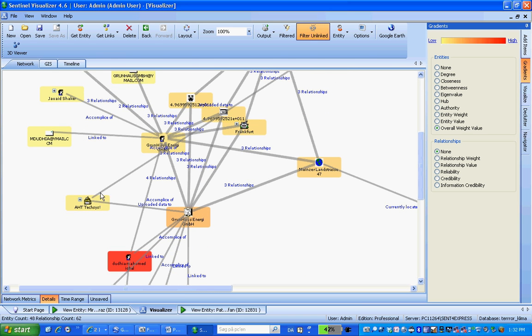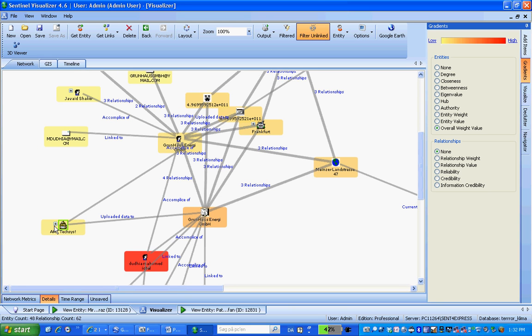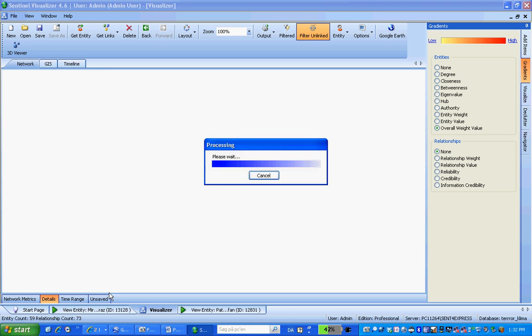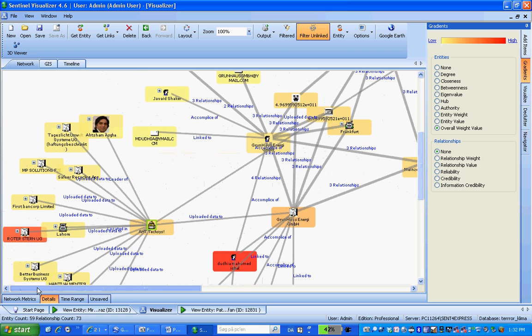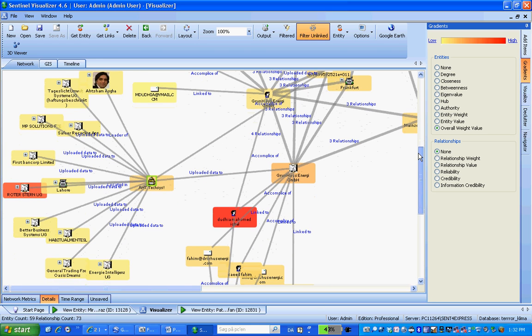When I checked up Vector Energy here, you can see it opened a link to a company down here called AHT Texas. It's a Pakistani company which has been providing websites and data services for companies all over Europe, and all these companies are involved somehow in the gigantic VAT fraud scandal.